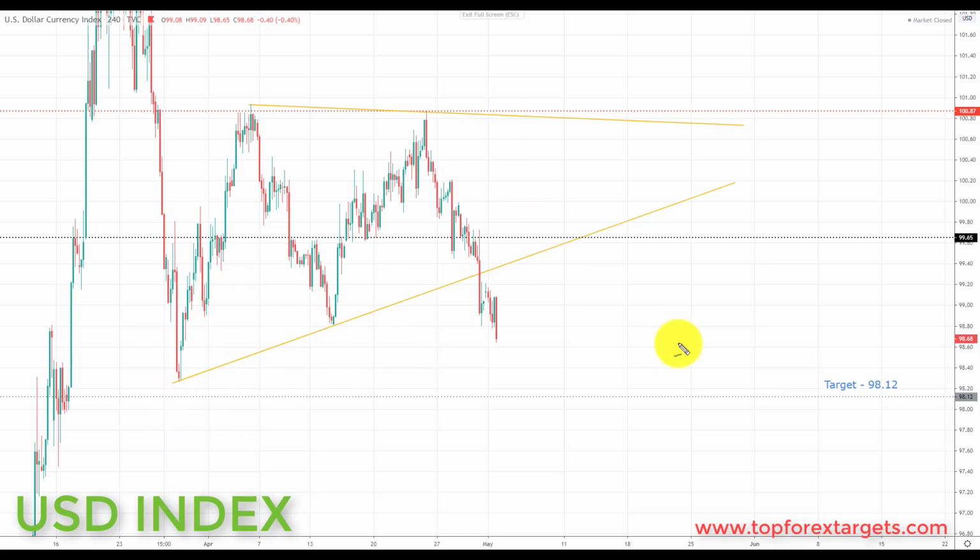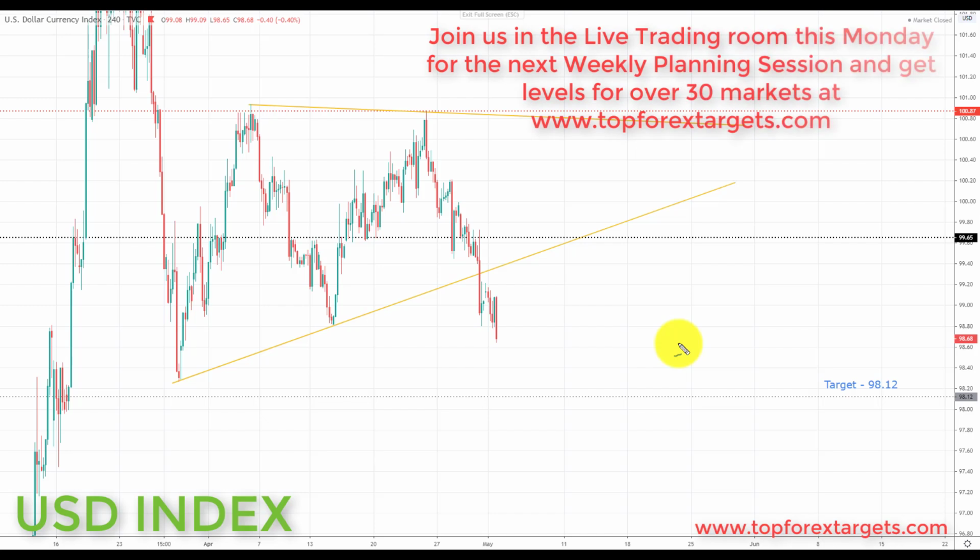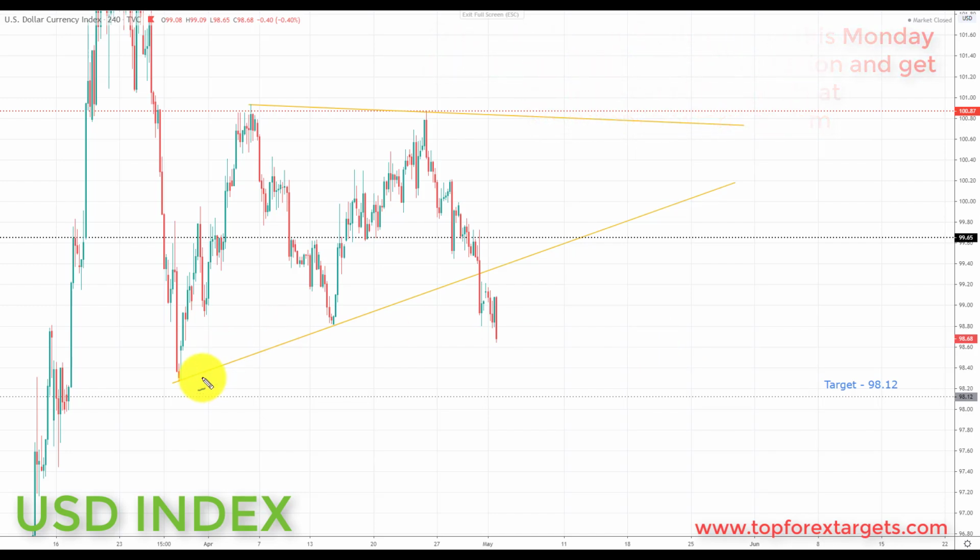This was because of the two fundamental drivers: global demand for the US dollar pushing it to the upside, and the injections of liquidity from the Federal Reserve pushing it to the downside. So we've seen this battle playing out in the dollar index, and it resulted in an eventual break to the downside, at least in the short term last week. As a result, we've had a breakout of this coiling pattern and we have made a new low.